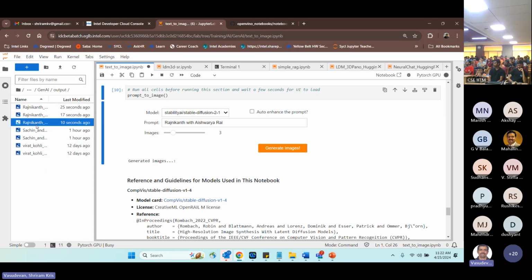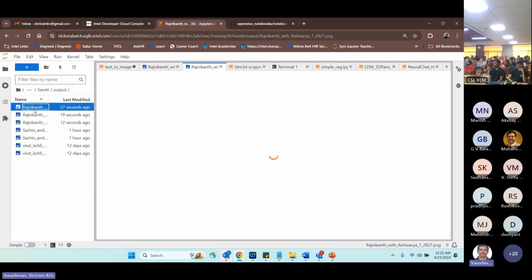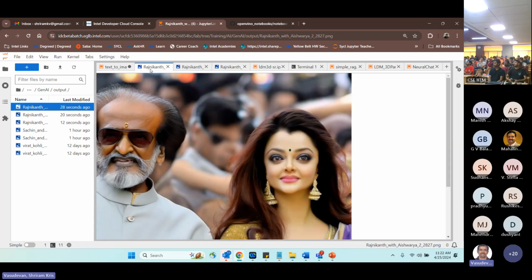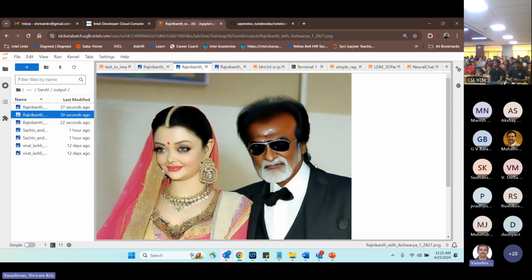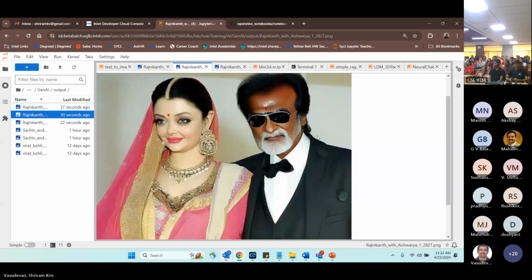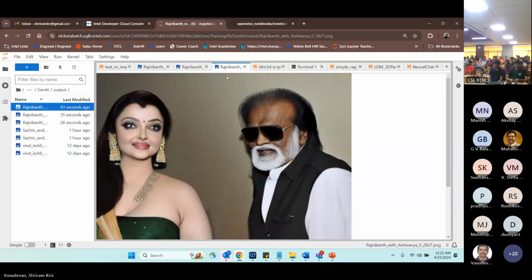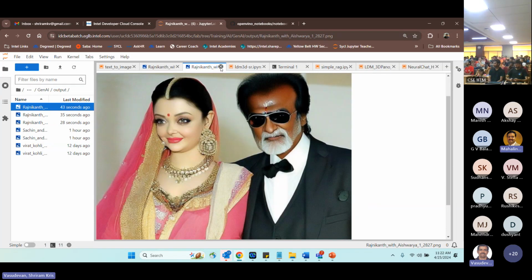You can see Rajinikanth 10 seconds ago, 19 seconds ago, 29 seconds ago. It's all getting generated. Rajinikanth with Aishwarya Rai. And I hope there are no Rajini fans here getting angry. This is Rajinikanth again with Aishwarya Rai. So if you generate contents, if you want to generate images for somebody who is not